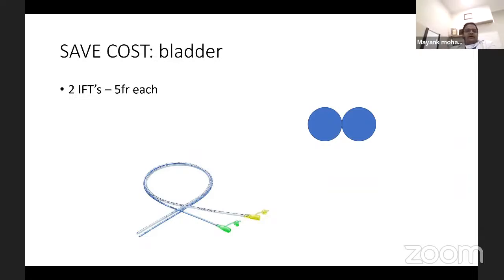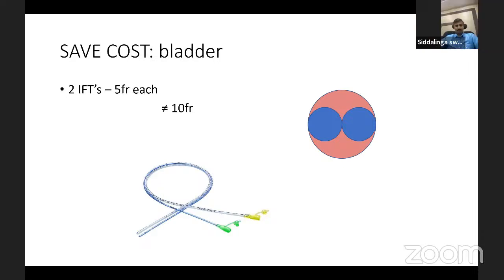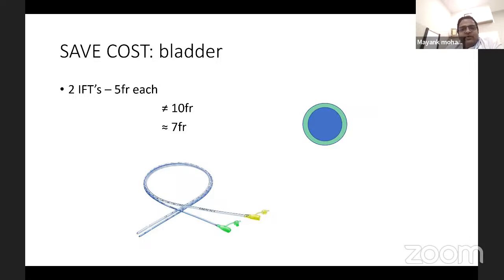Now, one limitation, one would feel, is that if I use two infant feeding tubes, so let's say I'm using two 5 French infant feeding tubes, one for filling and one for pressure measurement, I'm giving a 10 French obstruction in the urethra. So on the right side, you can see two circles which are 5 French each, for example. It is not this case, so they're not 10 French. Actually, if you distribute these two 5 French, they come out to be equivalent to a 7 French